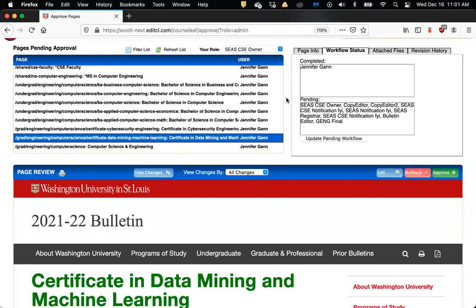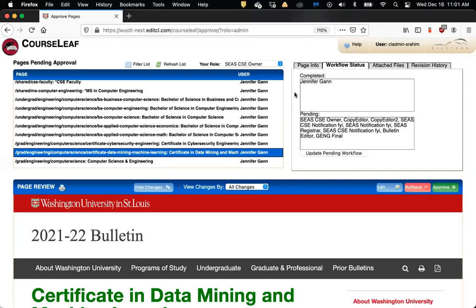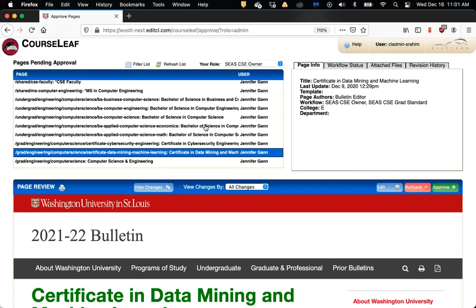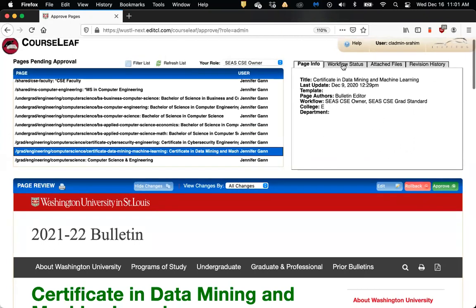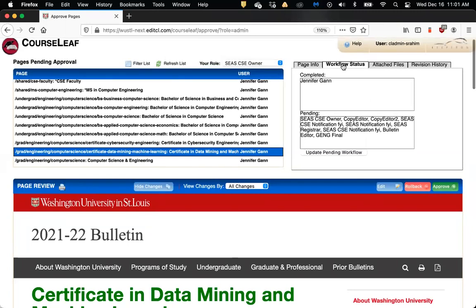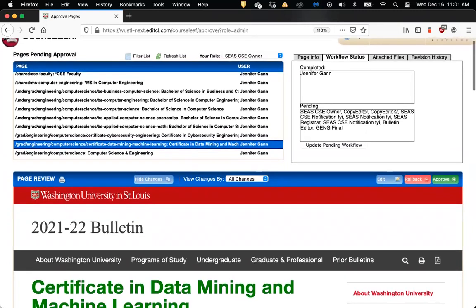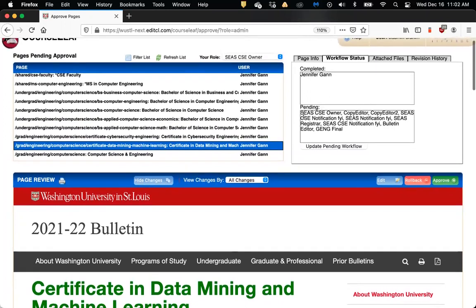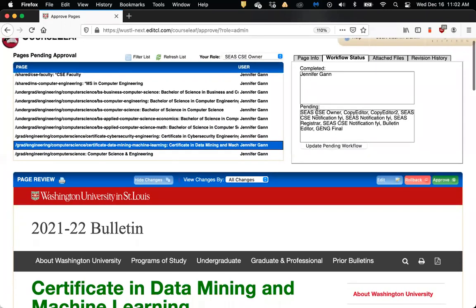All right. Now, the other component in this page is, once you are looking at a page and wondering what happens after I click approve, in this area right here, there is this tab called the workflow status. Workflow status is showing you who else is involved in the workflow. So if I'm the CSC computer science and engineering owner, because that's my role, I can see the other roles that will be looking at this page.